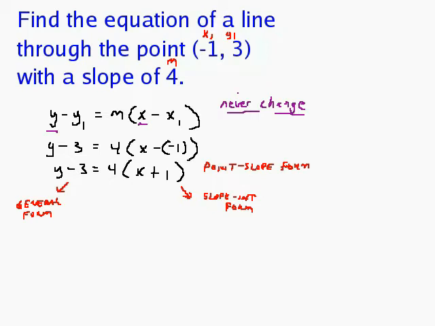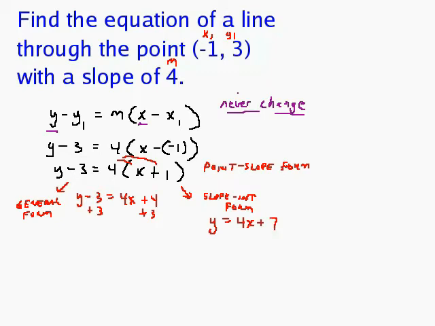All right, now to do this, we're going to distribute the 4 through, and either way we do it, we have to distribute. And then remember, to get the equation in slope-intercept form, we need to solve for y. We need to get y by itself. So here we go. y minus 3 equals, distributing, 4x plus 4. And to get y by itself, we're going to add 3 to both sides. So y is going to equal